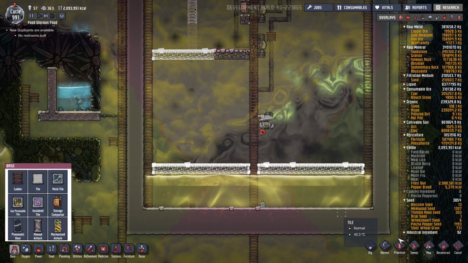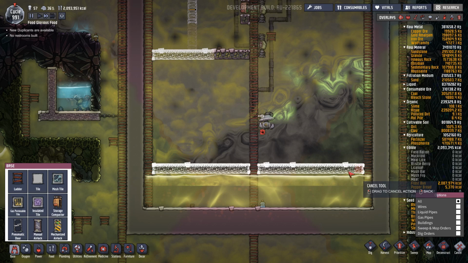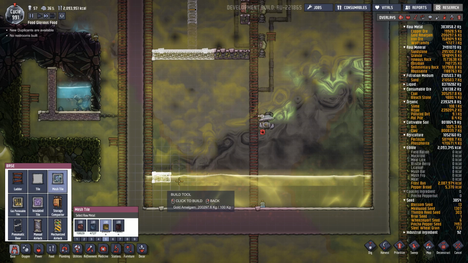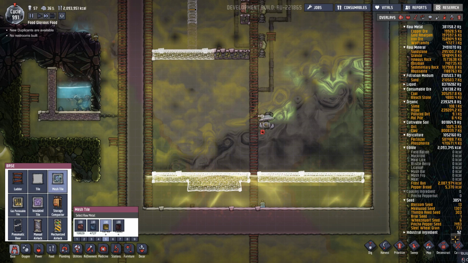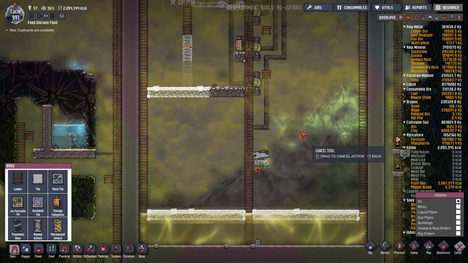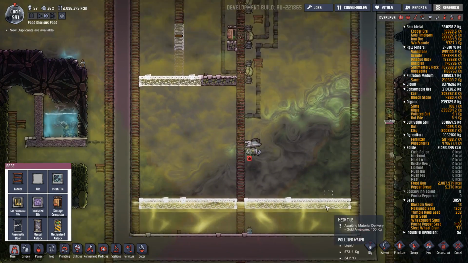You know what? I'm going to put them one lower. Cancel. Do that again. Let's put the mesh tiles down at that level. Yeah. Try again. Should have held the shift key. I know. I know what you're saying. I should have held the shift key. Right, so...